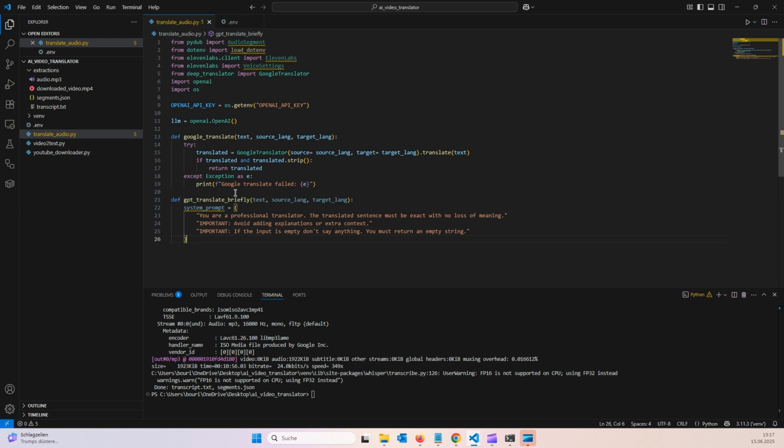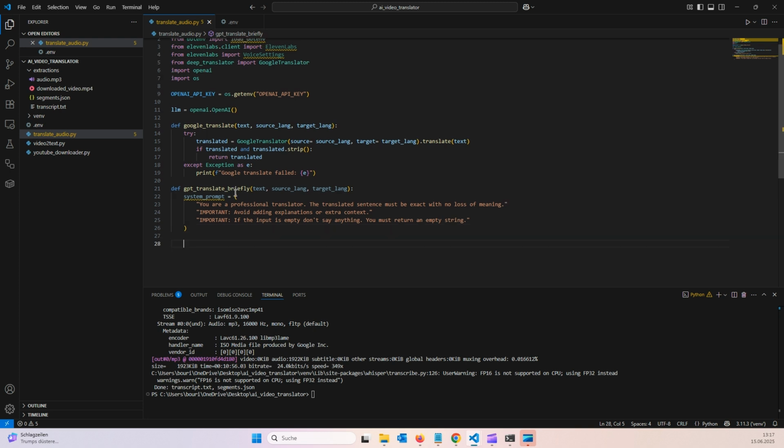So, okay, this is, of course, I have experienced the fact that sometimes segments can be empty and ChatGPT, or GPT, answers with something like: you didn't provide any text, please provide something. This is why I came up with this important statement in the system prompt. Then we need the user prompt,